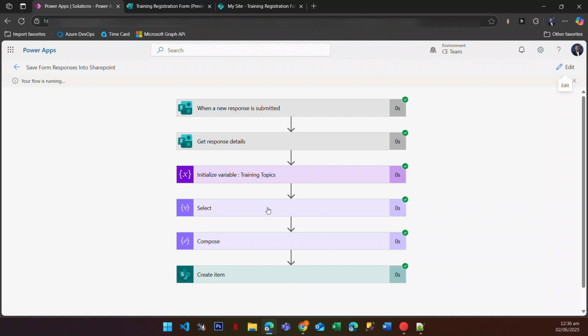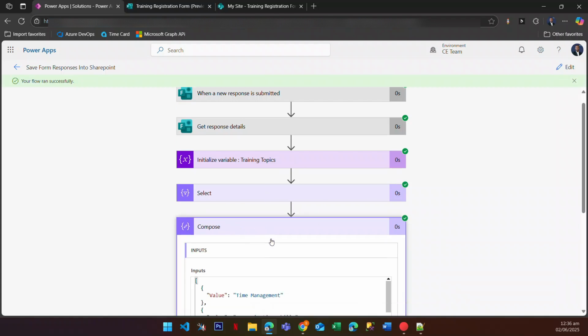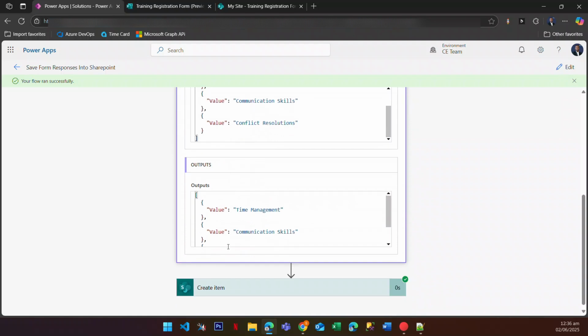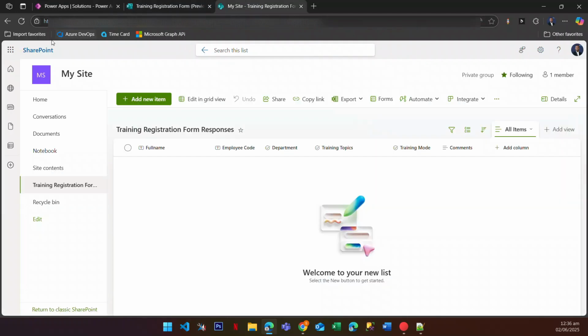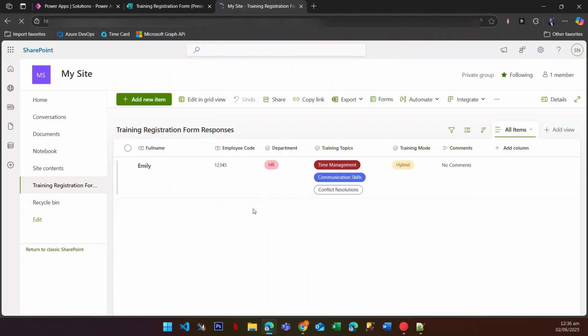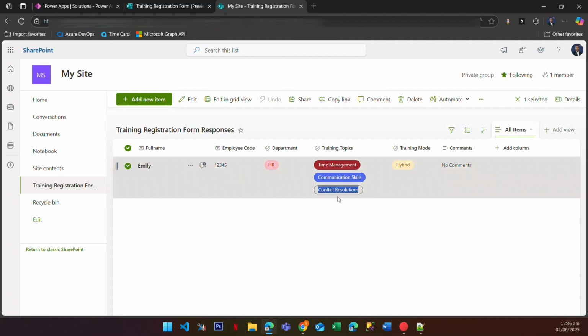Okay, everything ran successfully. If you open this compose, you notice now that this is formatted correctly. So let's go to SharePoint, refresh. As you can see, we got everything: Emily, employee code, HR, and training topics, except that this doesn't look correct because it's supposed to have a color. Conflict